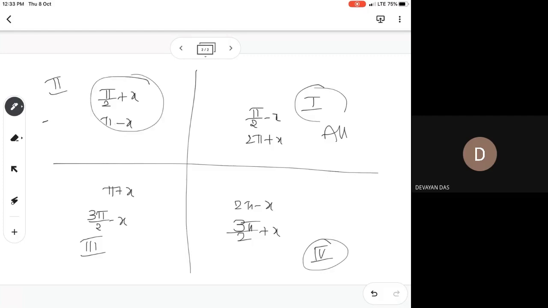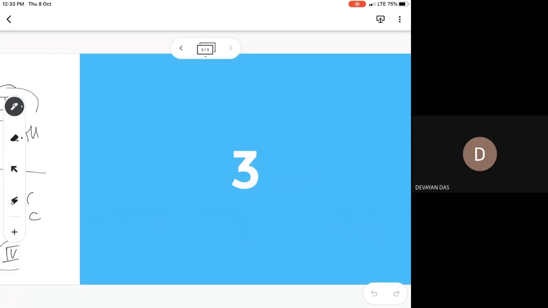You know that in the first quadrant, all the trigonometric ratios are positive. In the second quadrant, sine and its reciprocal cosec are positive. In the third quadrant, tan and its reciprocal cot are positive, remaining all are negative. In the fourth quadrant, cos and secant are positive, remaining all are negative. Now if you take any one, that table whatever I have showed you previously, you can easily draw. It's not very difficult. How do you prove it? That proof you can do.